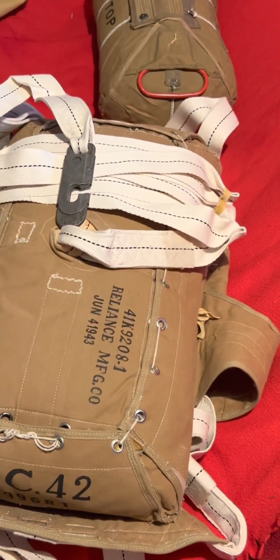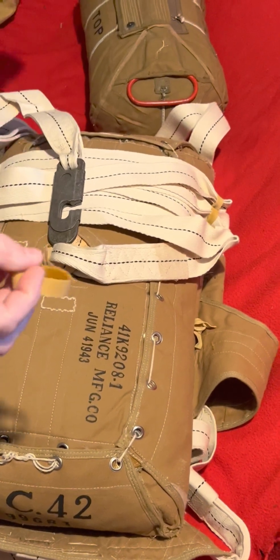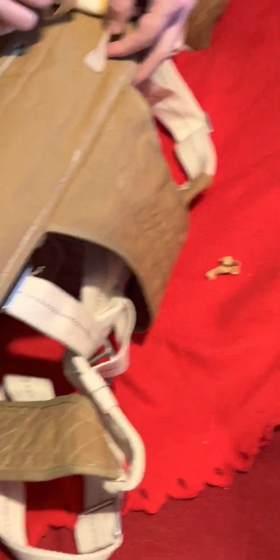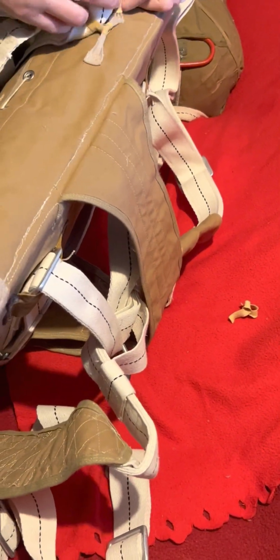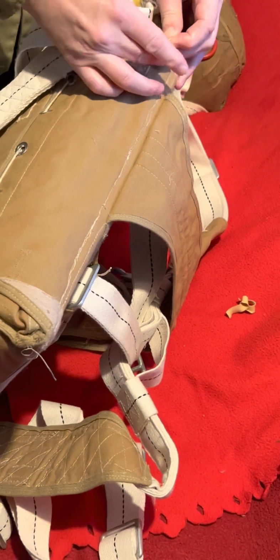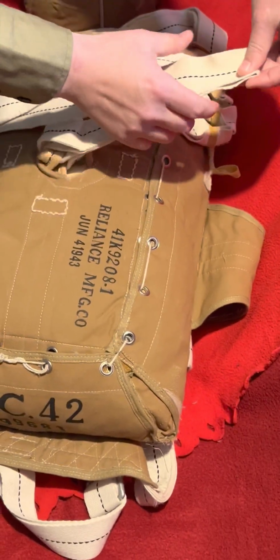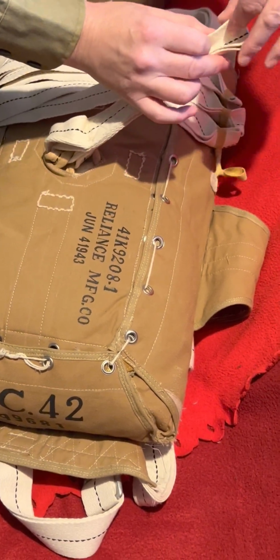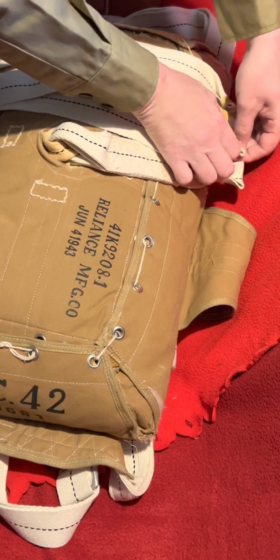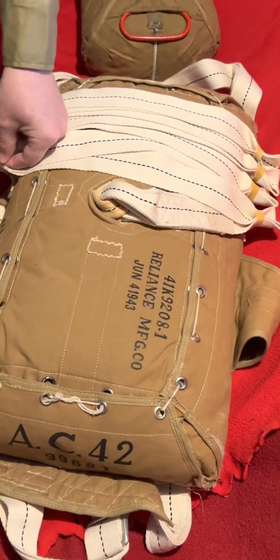However, the way these work, you use retainer loops on the side of the pack, side of the parachute flaps, and it's fed through there like so, and then back through, and it gives you an instant loop and a retainer. The static line is folded, creased, folded again, and fed into the loop just like that, and that's how it holds. And again on the other side,